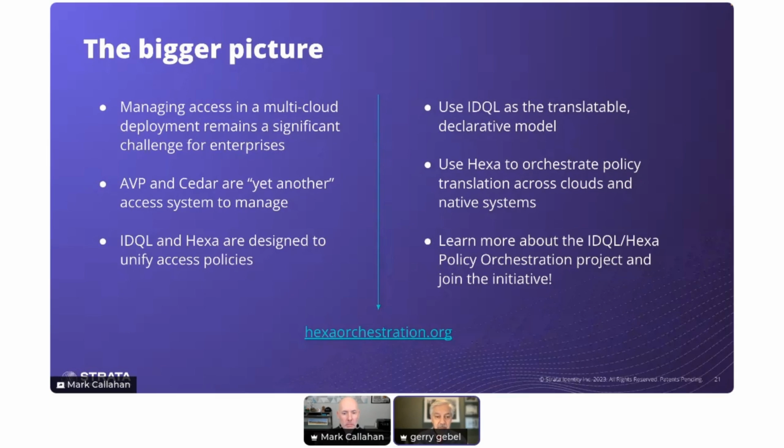The idea is to use IDQL as the cornerstone, the translatable declarative model for access policies, and then we can see how Hexa, the open source orchestration software, can be extended quickly to adopt a new model that Amazon has announced. So we're really excited to be part of this and to show it today, and also to invite you to go to our project website, hexaorchestration.org, learn more about it, and hopefully join in, because it's a lot of fun. It's really exciting work that we're doing right now.